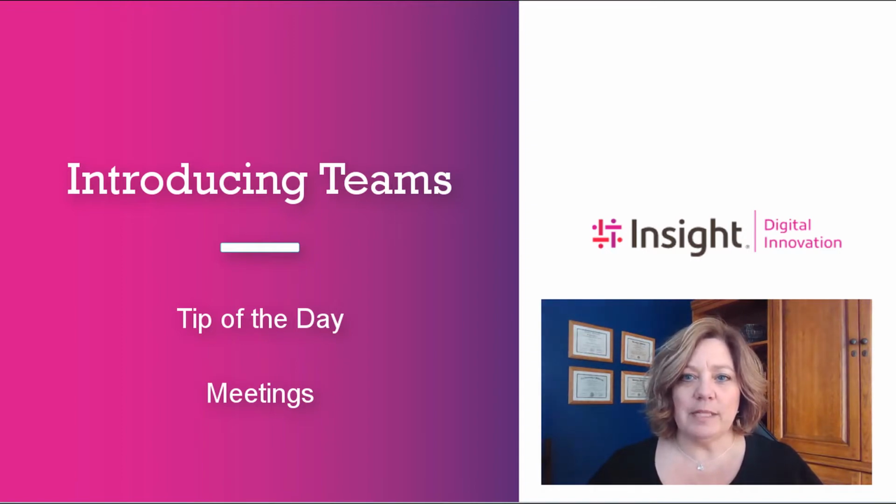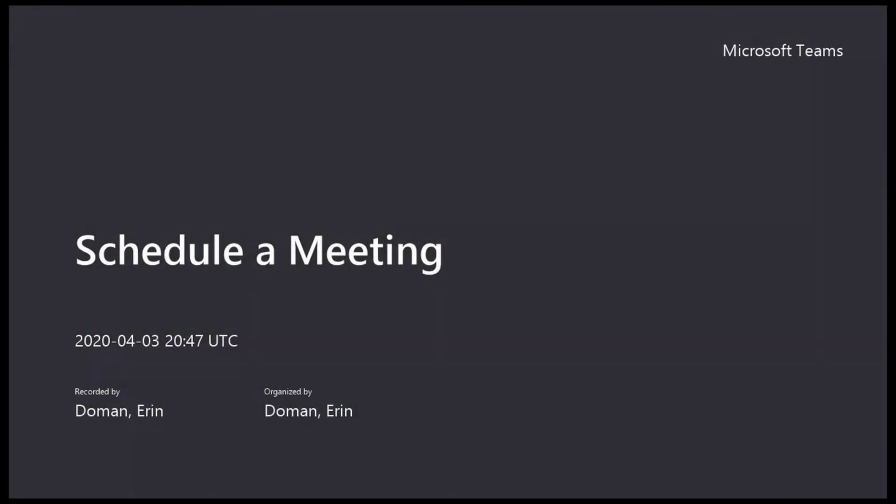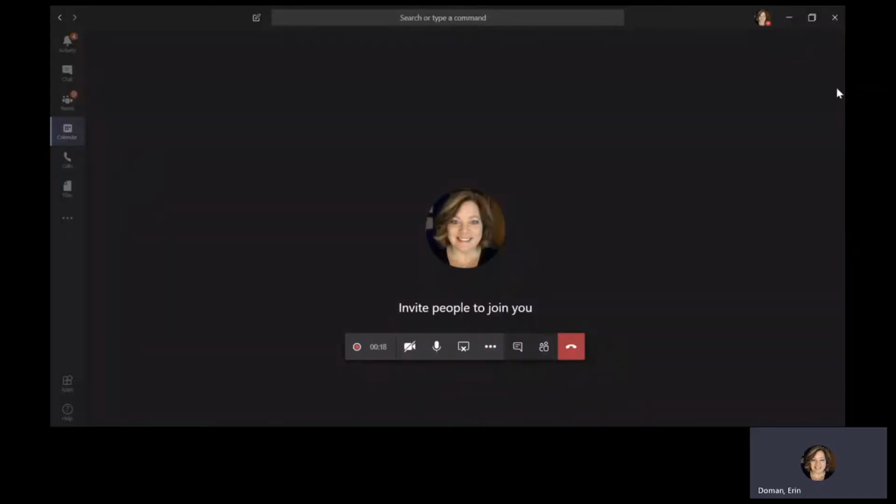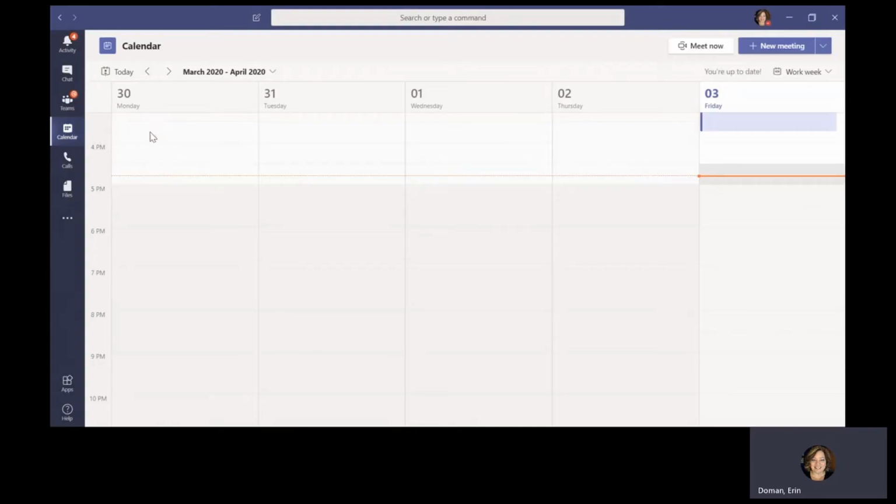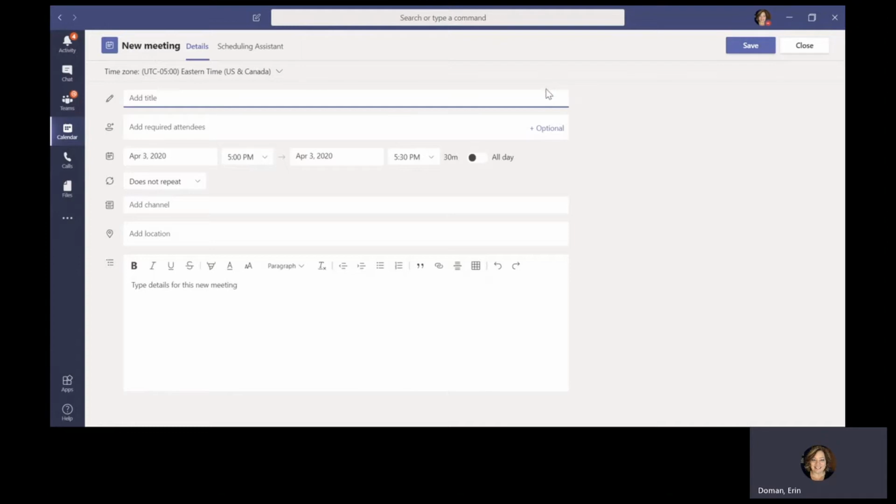Today I want to give you some quick tips about meetings in Teams. The first thing I want to show you is how to schedule a meeting in Teams. It's quick and easy. You start by clicking the calendar icon to go to your calendar, and then click New Meeting. On the New Meeting page, you're going to add a title for your meeting,